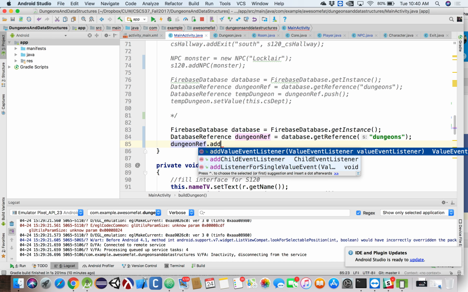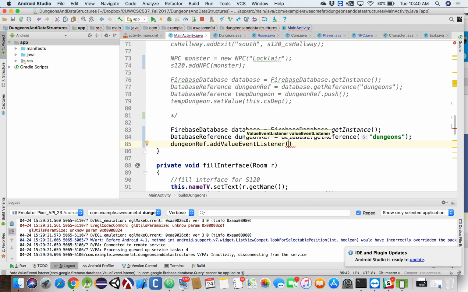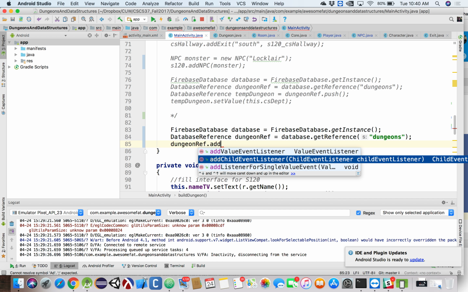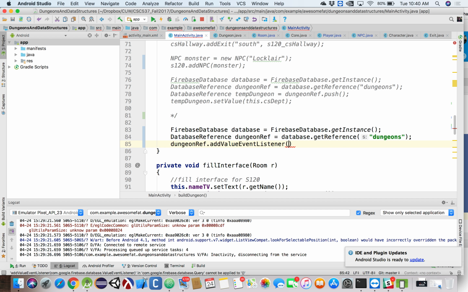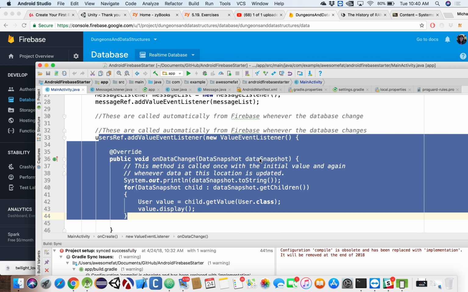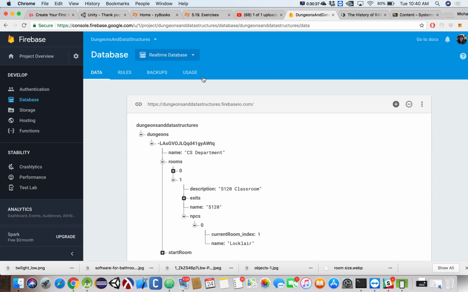See, this actually then even becomes a cooler use of Firebase. Because right now we're looking at, let's go ahead and add this at the top level so we can talk about this constructively. So I'm going to add a value event listener to this guy. I expected it to do more than that for me. Add value event listener. That's all he's going to do for me. So we'll, oh, I bet you it's the piece in here, new value event listener,